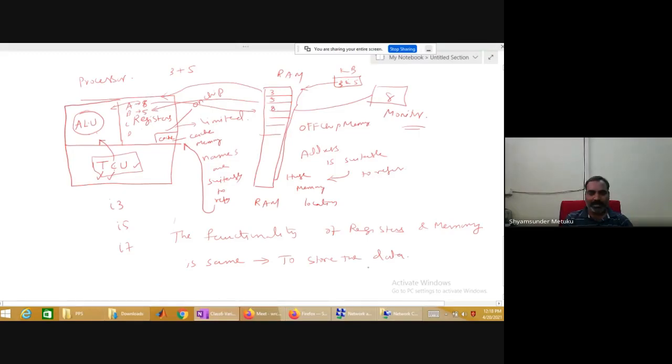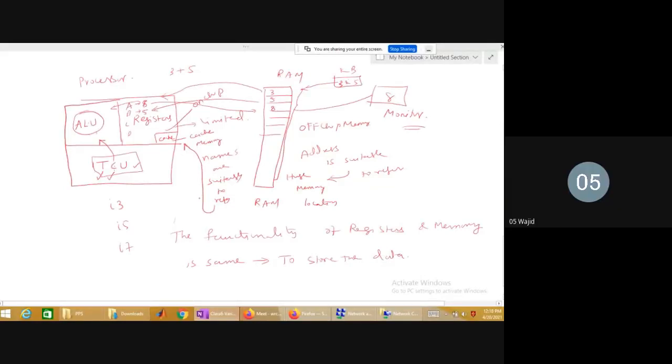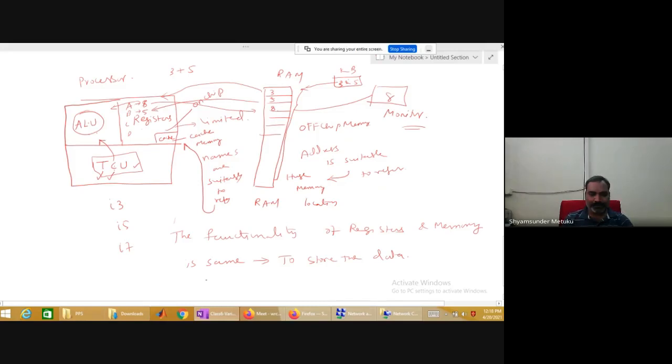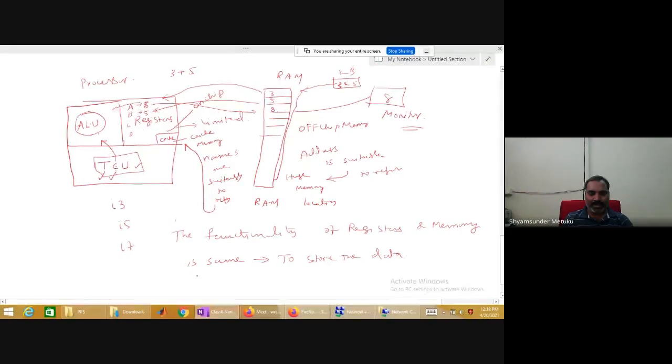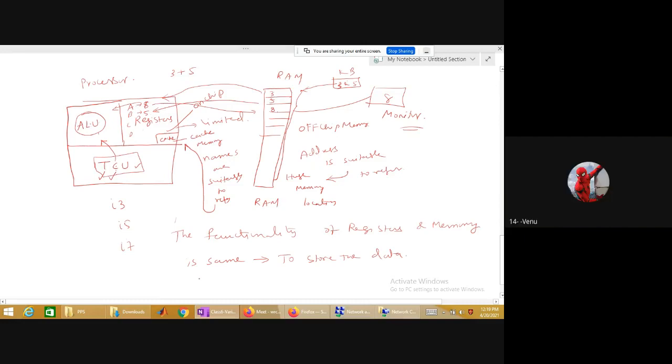Now you tell me accessing time. The meaning of accessing time: does data available in the memory take less time, or does data available in the registers take less time to reach the ALU? Which takes less time? The ALU wanted data, so is taking from memory faster, or taking from the registers faster? Registers.